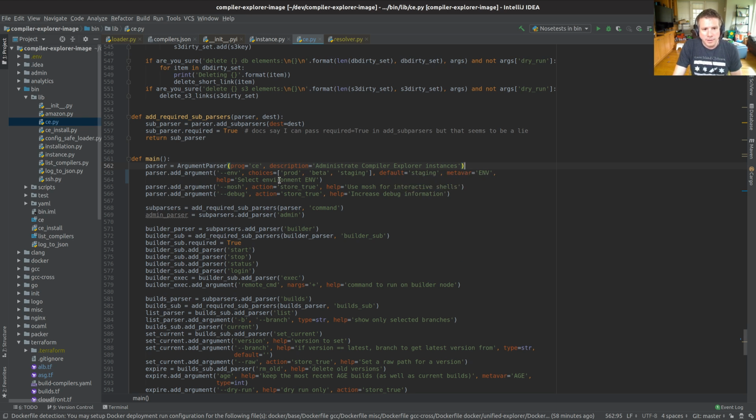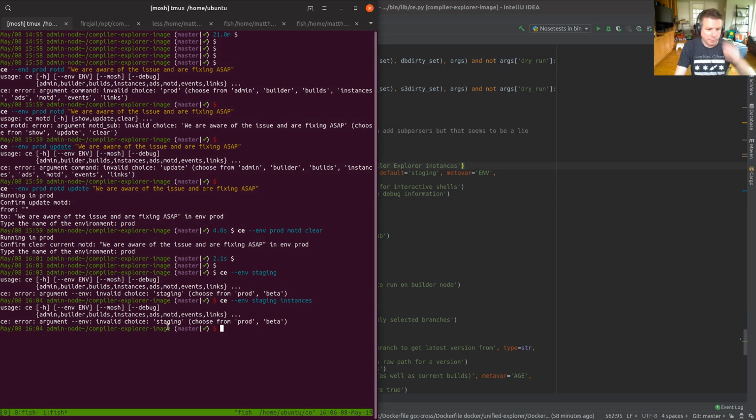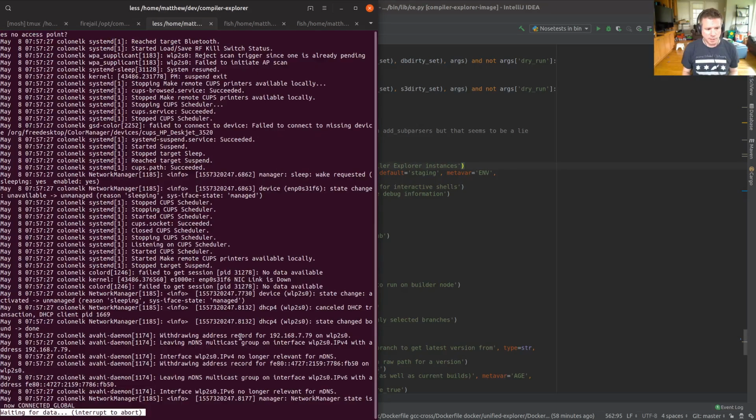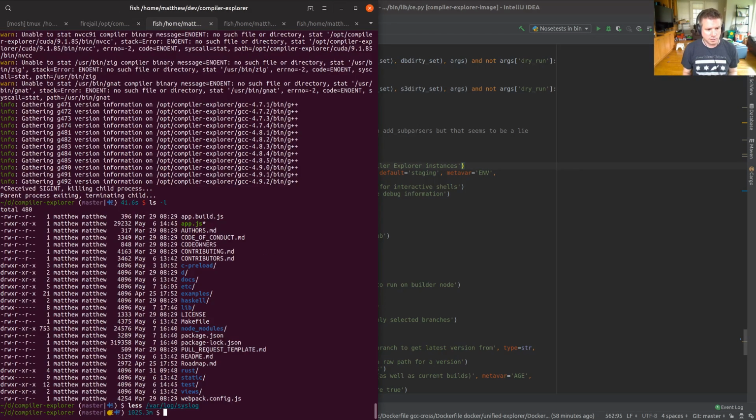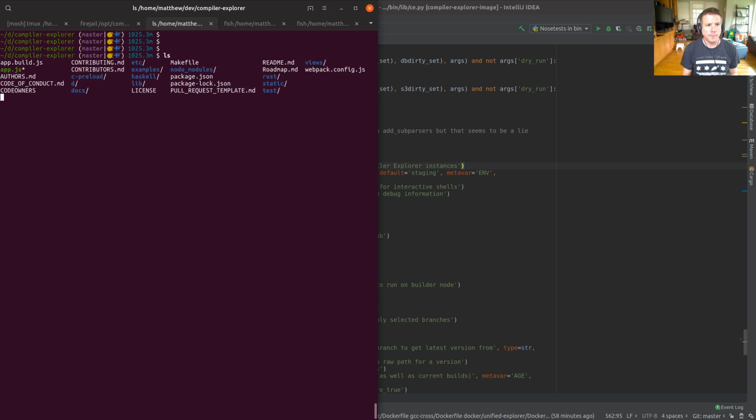Okay, so that alone is not going to be enough, I think, because, well, I'll tell you what we can do. We can run this locally. Where is my shell? Like I've been saying in other videos, I tend to only use tmux on the remote machine, which gives me this nice, obvious, visible indicator that I'm looking at the Compiler Explorer node here. It's called admin node. Whereas over here, this is my local machine.